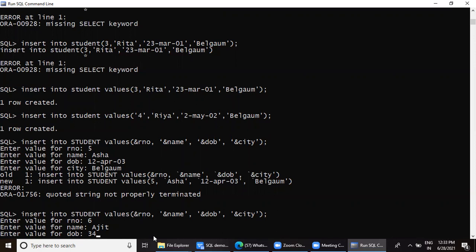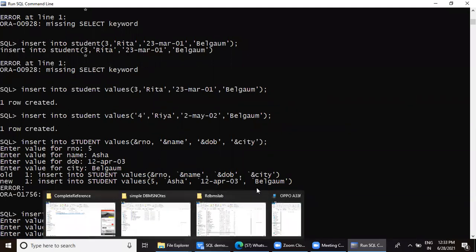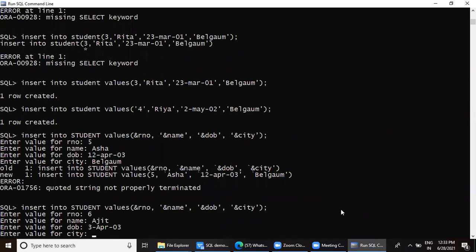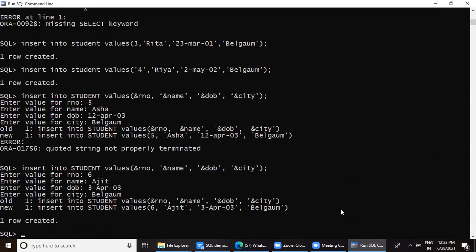Yeah, that value was not entered, so I could have typed the same value, but anyway. Date of birth is 3 April, again 2003. City is Belgaum. Yeah, now one row is created. What was the problem in the previous command? The codes, because I copied the command from Word.